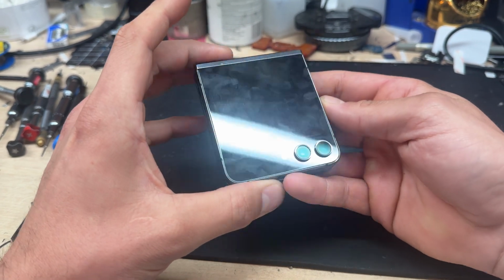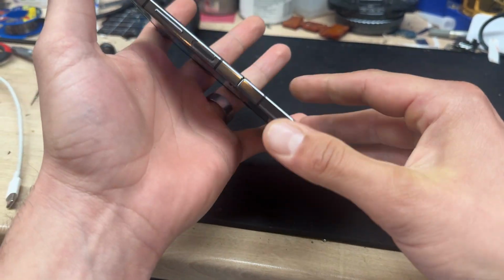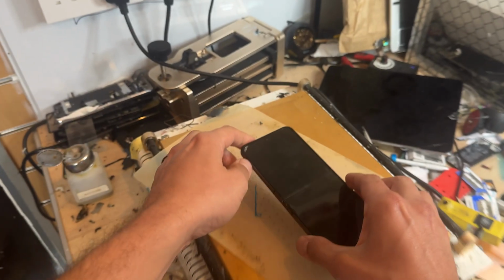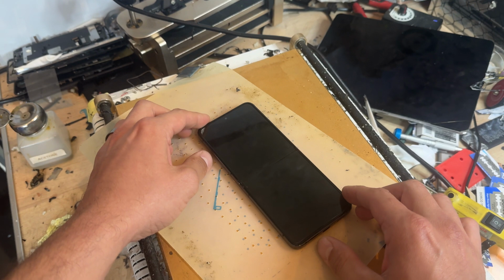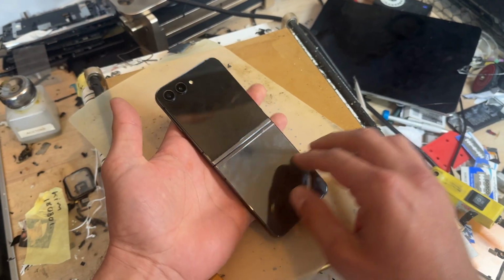In this video, I'm going to show you step-by-step instructions on how to replace the internal screen on the Samsung Z Flip 5. To begin the repair, we're going to place it on the heat mat set to 85 degrees C, and that's just going to sit there for the next 10 minutes so that we can soften the adhesive